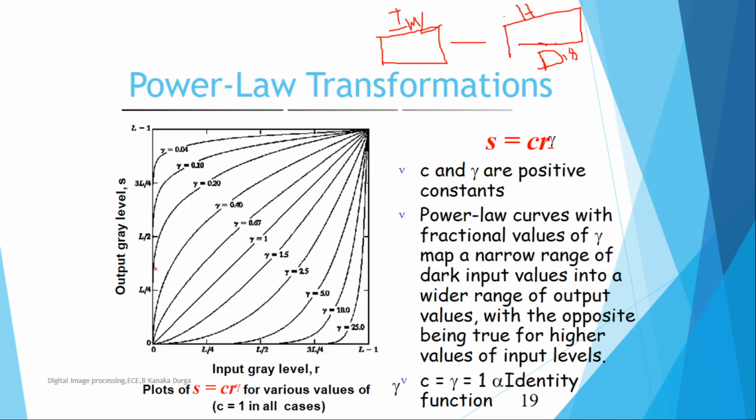Same as with the log function, for higher intensity values, if gamma is less than 1, it behaves like the logarithmic function, that is, higher intensity values are compressed. If gamma is greater than 1, it behaves like the inverse log function, that is, the lower range of intensity values is compressed. Indirectly, the lower intensity values are converted to higher intensity values. At that time you go for power law transformation techniques.